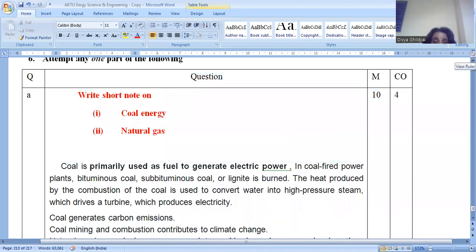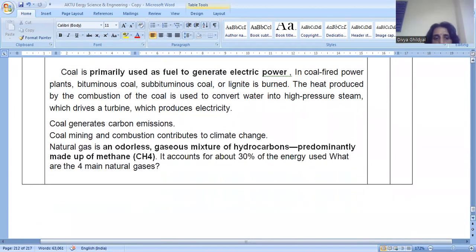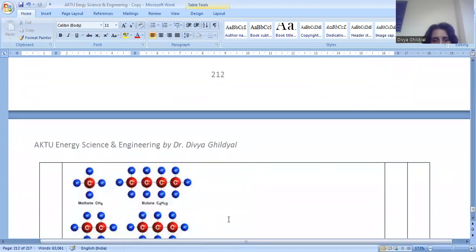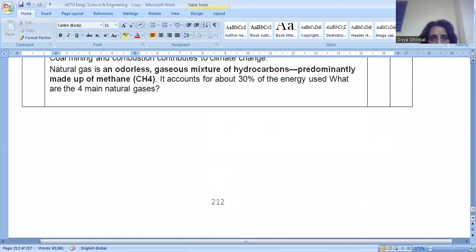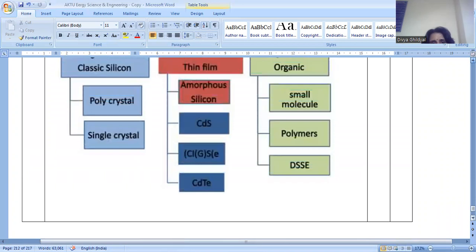Coal energy, natural energy. Coal is used as a fuel to generate electric power. In India, it is the highest source of electric power, and for generating power, it is used a lot in India. It consists of hydrocarbon mixtures like methane, ethane, and other hydrocarbons. Natural gas, that is the compressed natural gas, is again another source of